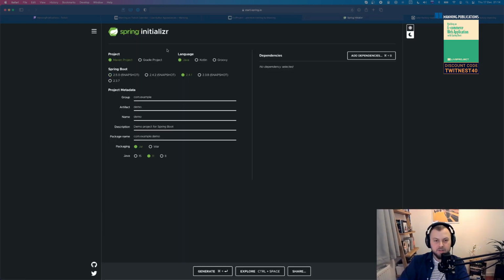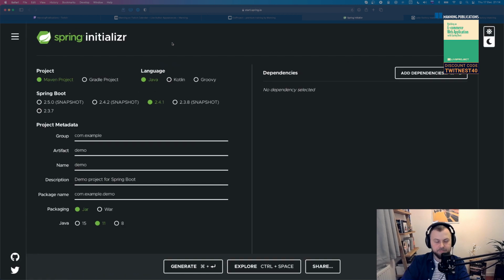So I'm going to start with the project. As one of the Spring developer advocates, Josh Long, called it, the second best place on the internet, which is called Spring Initializr. And the Spring Initializr is the website that helps you to quickly create and start developing a Spring Boot application. So in my case, I'm going to be using a Gradle project with Java based on Spring Boot 2.4.